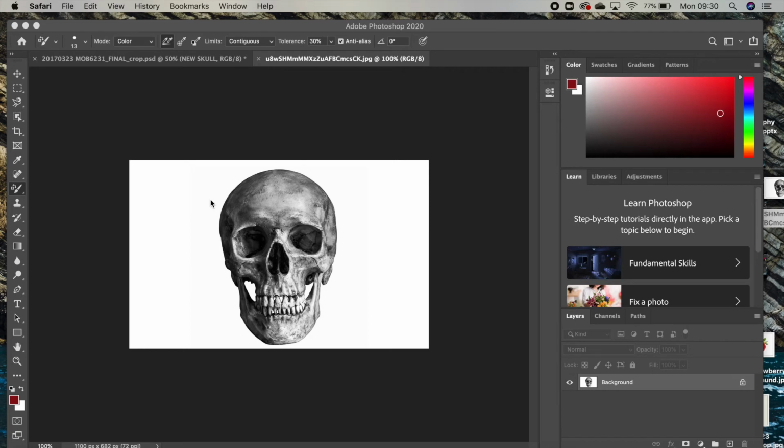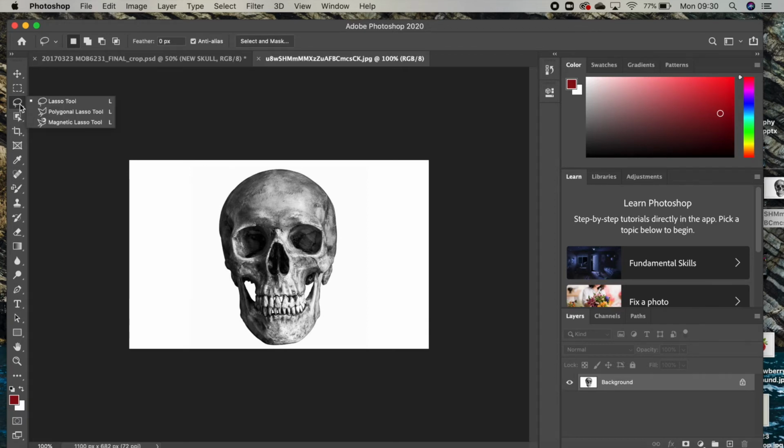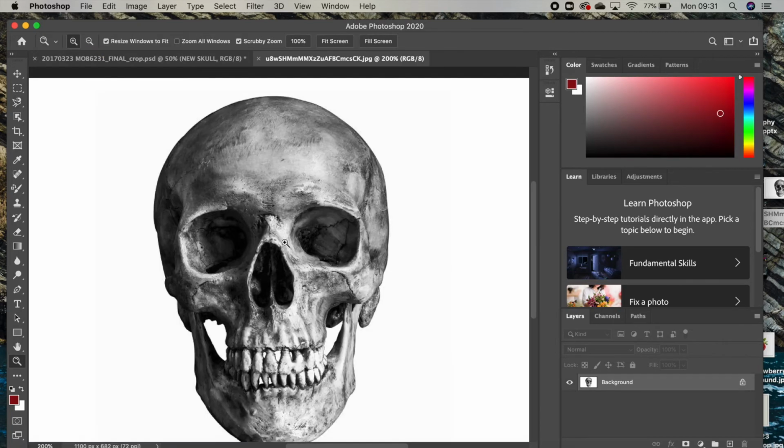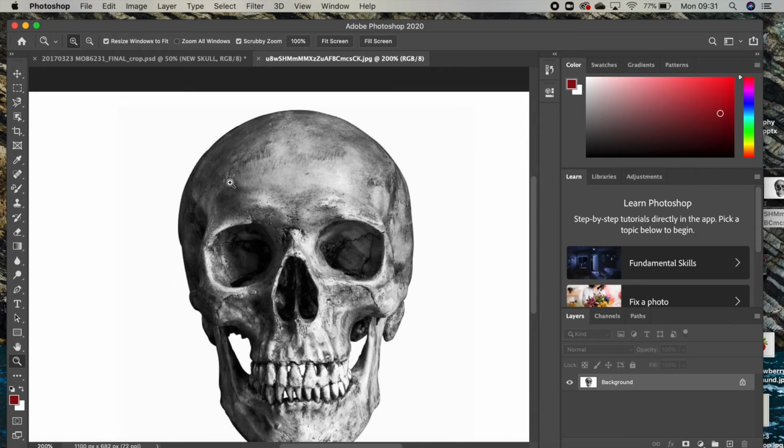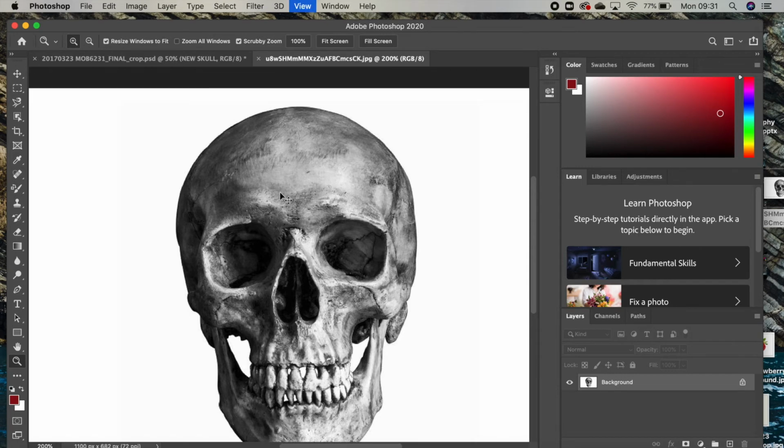For the time being, let's go up here. If you click on that one there, it would normally say lasso tool, but if you click and hold, you can get the magnetic lasso tool. And then I'm going to zoom in. To zoom in, I can click the magnifying glass, and then at the top there is a plus. Or you can press Control and plus or minus, or if you're on a Mac you can press Command plus and minus. So I zoom in, and then I'm going to select my magnetic lasso tool,